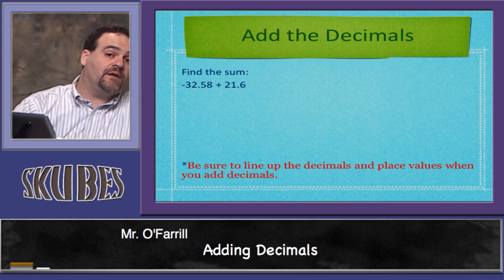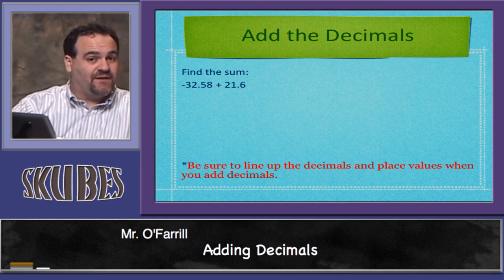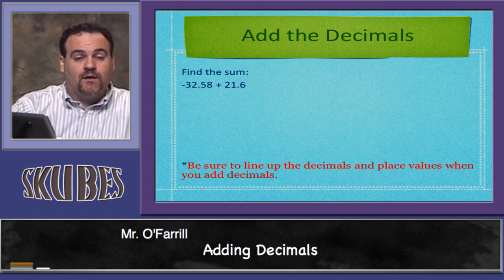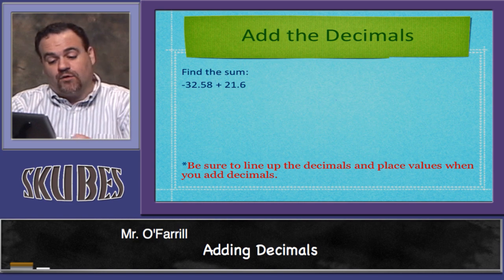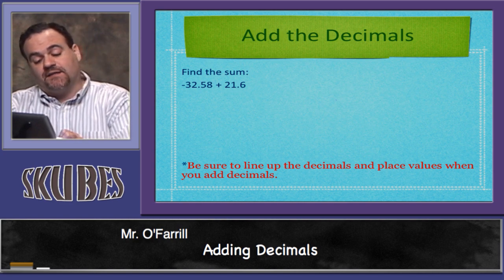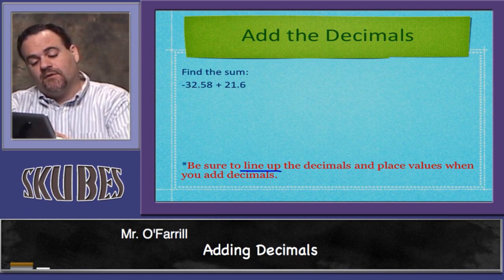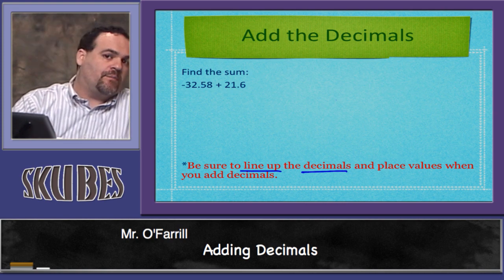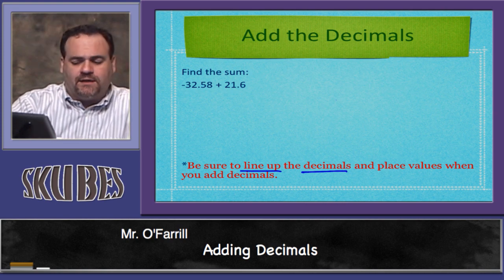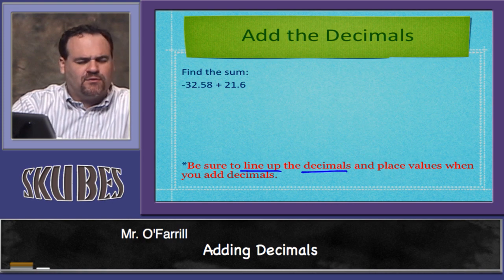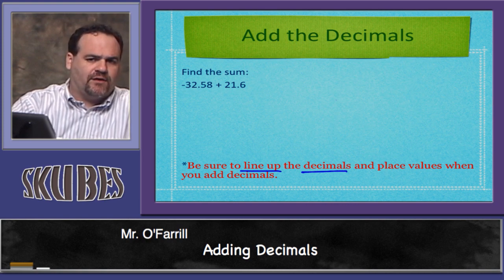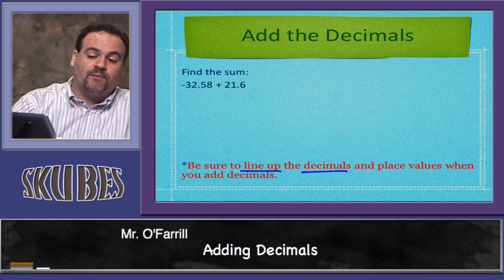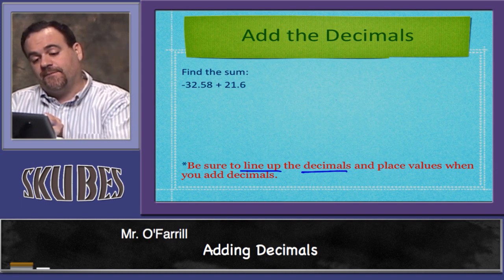On this slide, we are going to be adding decimals together to get the exact answer. I need to call your attention to the words at the bottom of the slide. The key here is to line up the decimals. On the past two problems, we did go ahead and line up the place values already, so we're pretty comfortable with that concept. This time what we're going to be doing is making sure that the decimals line up. I'm going to begin by writing the first number down,